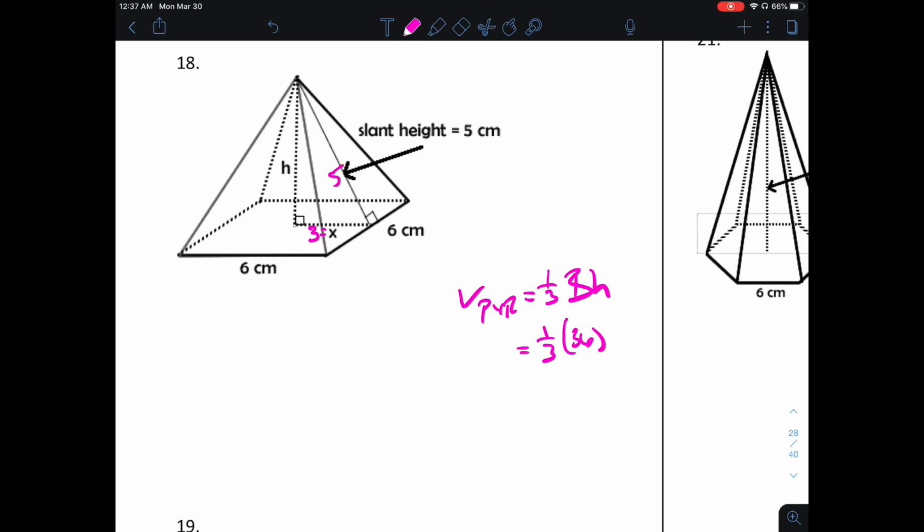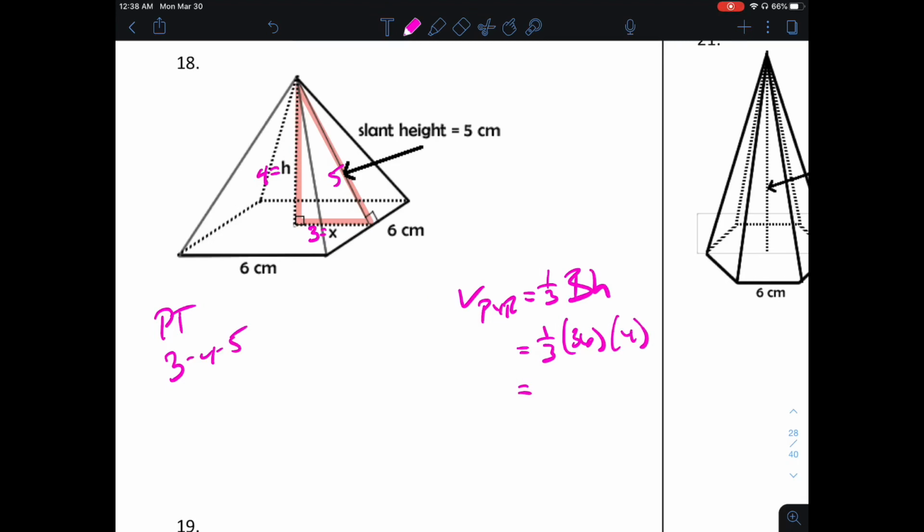If the slant height is 5, that means this figure here is a right triangle. Not just any right triangle, it's a 3, 4, 5. It's a Pythagorean triple. With the height being 4,